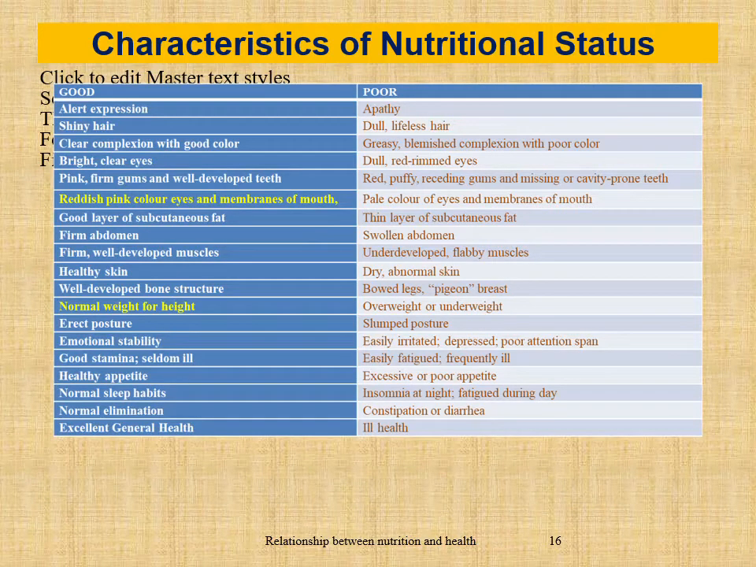Characteristics of nutritional status. Nutritional status is a state of our body as a result of the foods consumed and their use by the body. Nutritional status can be good, fair, or poor. To mention some of the good characteristics of nutritional status: alert expression, reddish pink color of eyes and membranes of mouth, normal weight for height, and excellent general health. Whereas poor nutritional status is characterized by apathy, pale color of eyes and membranes of mouth, overweight or underweight, and